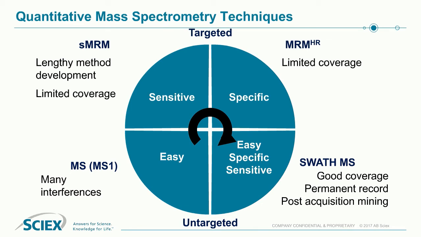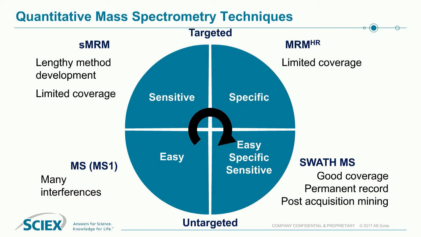The second method as we move around is by far the most sensitive method. This is the SRM or MRM based method, which is based on triple quadrupole technology. It does have a lengthy method development, but that's fine if you're going to use the assay for many, many years, but it also has very limited coverage. Just like ELISAs, this would be a very focused and very targeted assay where you would not see anything else in the sample appear which you had not built the SRM method for.